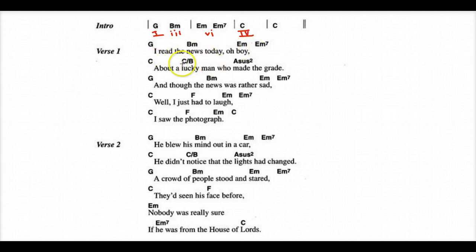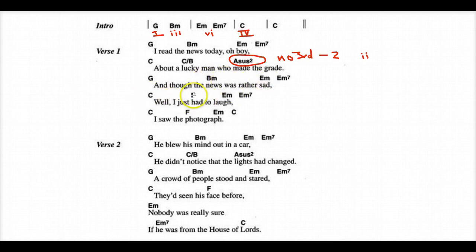Now we go through this all and everything makes sense, and then we get to this right here, A suspended second. Now that's not really problematic because an A suspended second is simply an A chord that doesn't have a third, so there's no third in this chord right here. And instead of the third, we have the second. So this makes sense. This is kind of just replacing the A minor chord. So we would say that that's the 2 chord. Really. Then we go through here, G, back to the 1 chord, 3 chord, 6 chord, 4 chord, and then